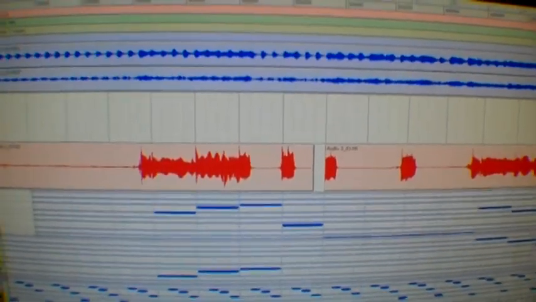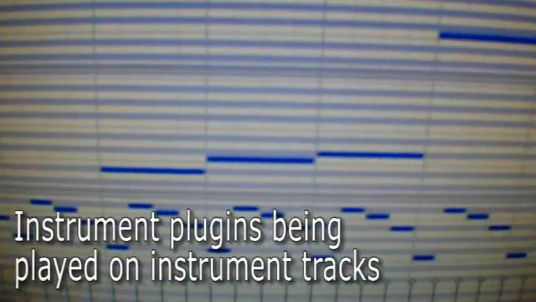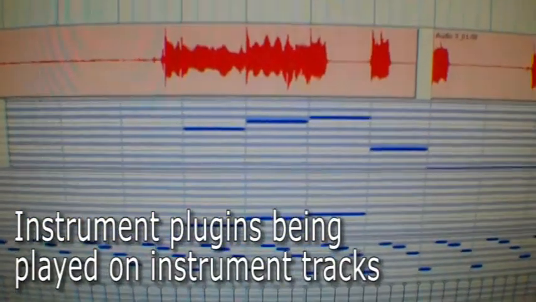Here's my computer screen, and here's another one. This is kind of what Pro Tools looks like. As you can see right there, there are audio waveforms I've recorded. And these things right here are instrument plugins, which, let me turn on my sound. So if I click on one,